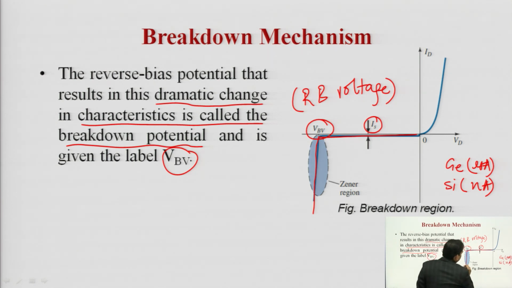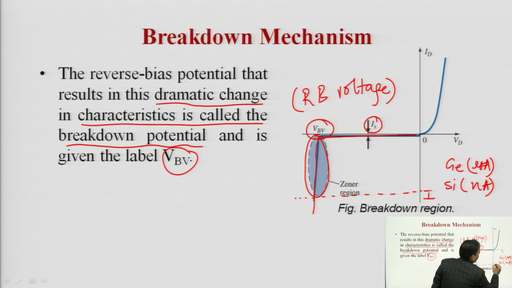If we are using the safe region for this reverse bias characteristic, if we are using this particular region, it is called the Zener region, and this can be the maximum Zener current. We will see the application of this particular region in a Zener diode. So, this is the maximum Zener current. If we apply voltage further in the reverse bias direction, this junction will break down and this diode will not regain its original shape.